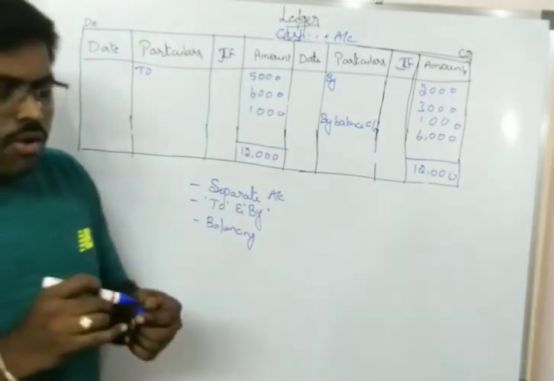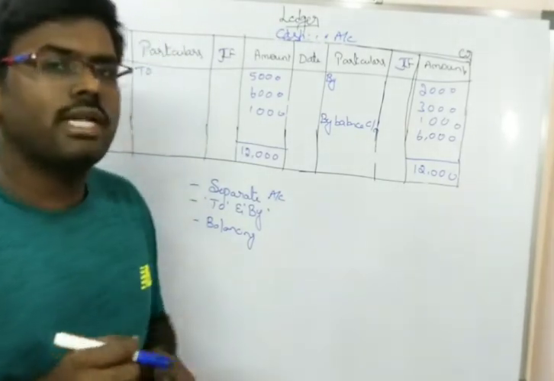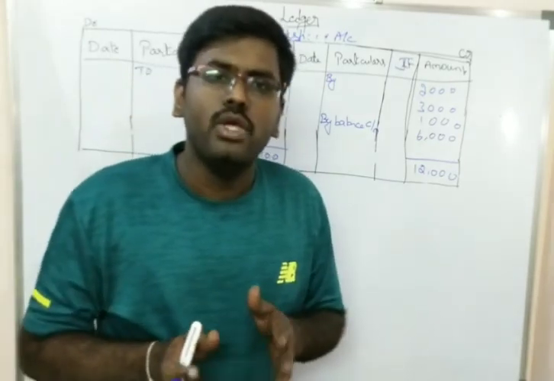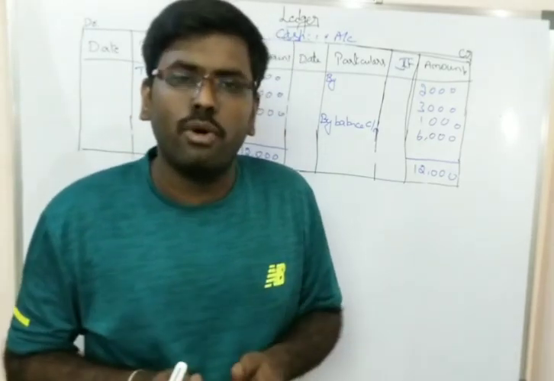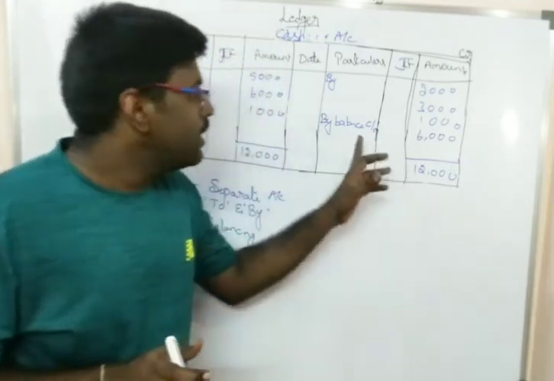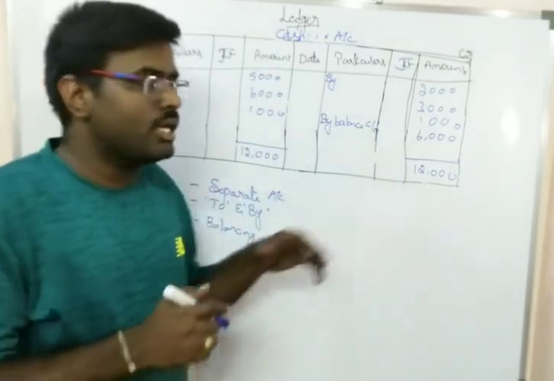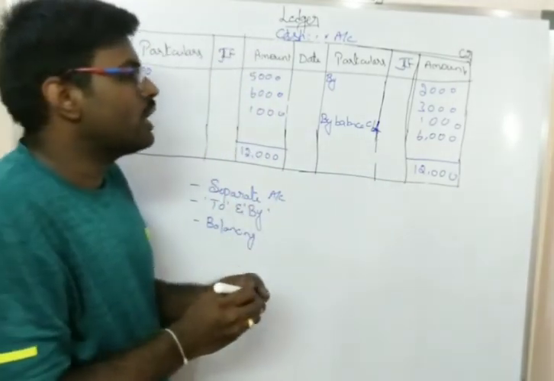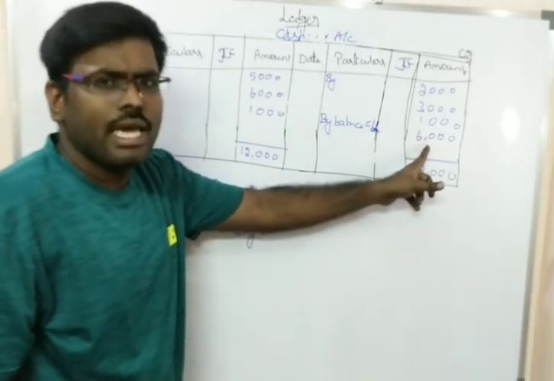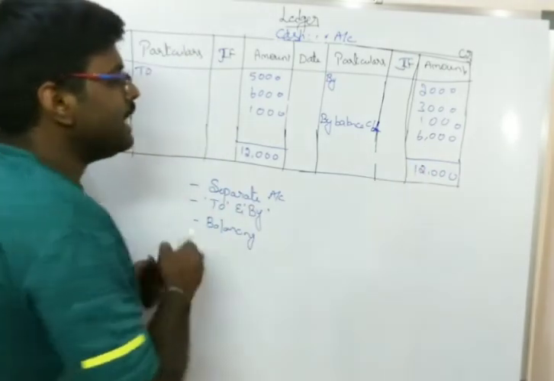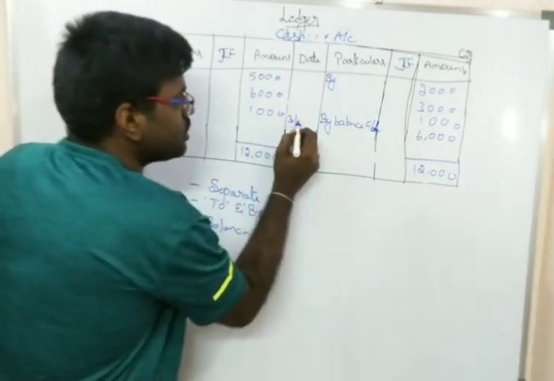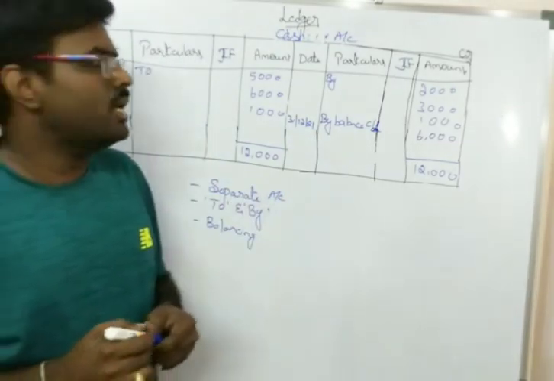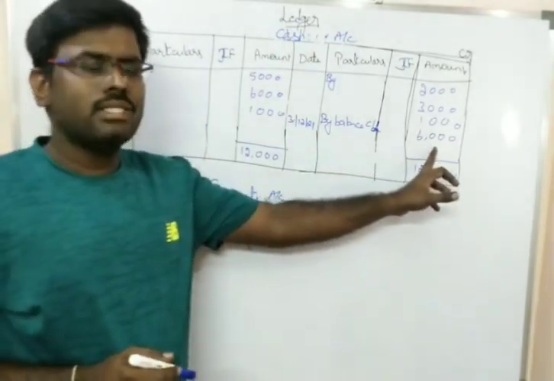So whenever you have a shortage of amount on any side, either the credit side or the debit side, that amount can be written as the balance carried down. So that is the carried down amount. Whatever shortage you have should be written as the carried down amount. So at the end of the month, say 31st December 2021, or at the end of the financial year, you write it as the balance carried down.